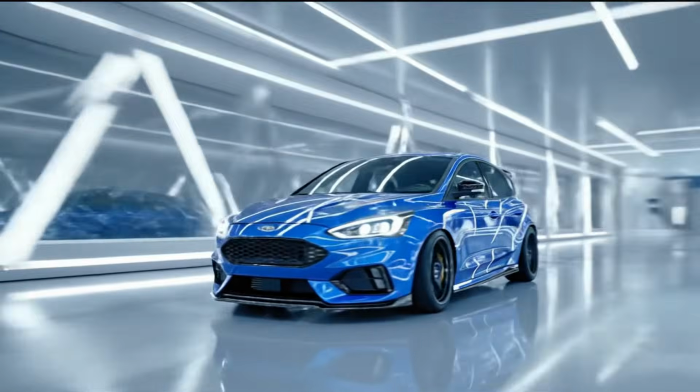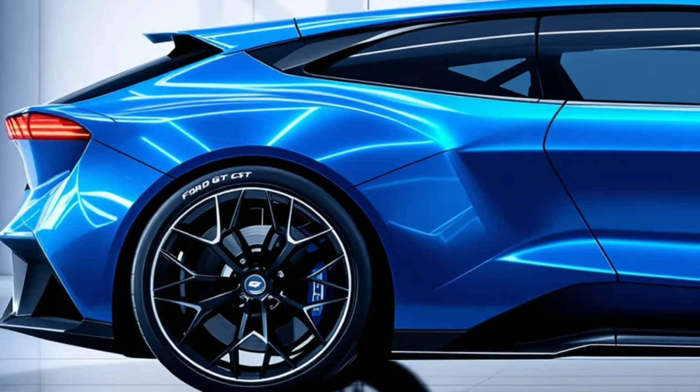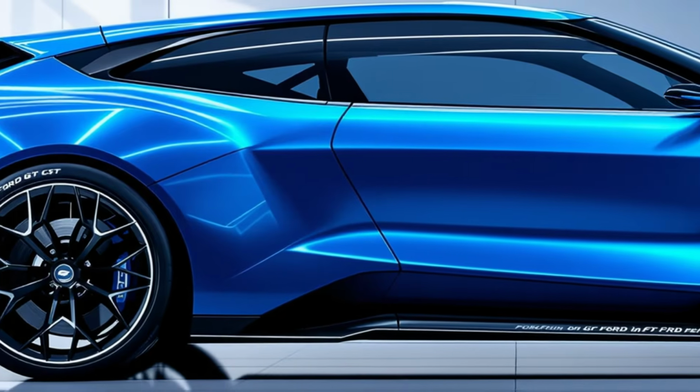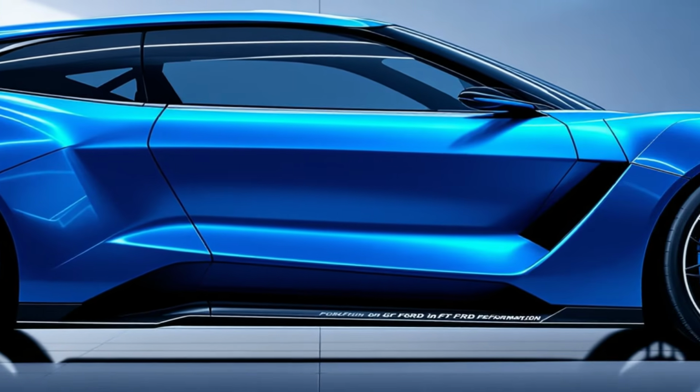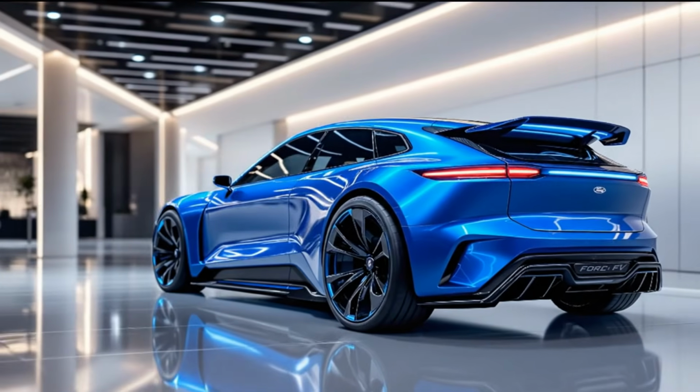The 2026 Ford Focus RS is more than a comeback, it's a declaration. A message that Ford still knows how to build a car that excites the soul, dominates the track, and terrifies its rivals. This is the bold redesign fans have been begging for, and the performance upgrade